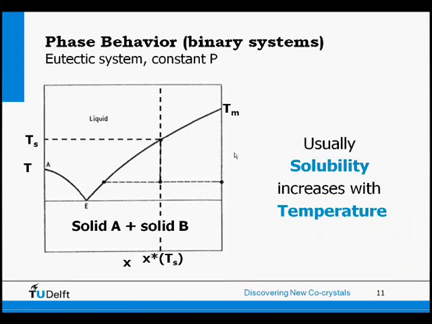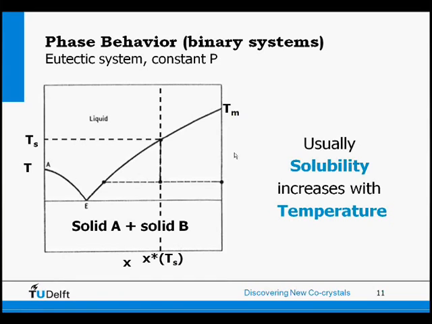So here you see a typical eutectic phase diagram of compound A and B. So compound A has a lower melting point, so the melting temperature against composition is given in this diagram. So on the left axis, the A indicates the melting temperature of the solvent. So above that we have a liquid above the 2 lines, and on the right you have the solubility line